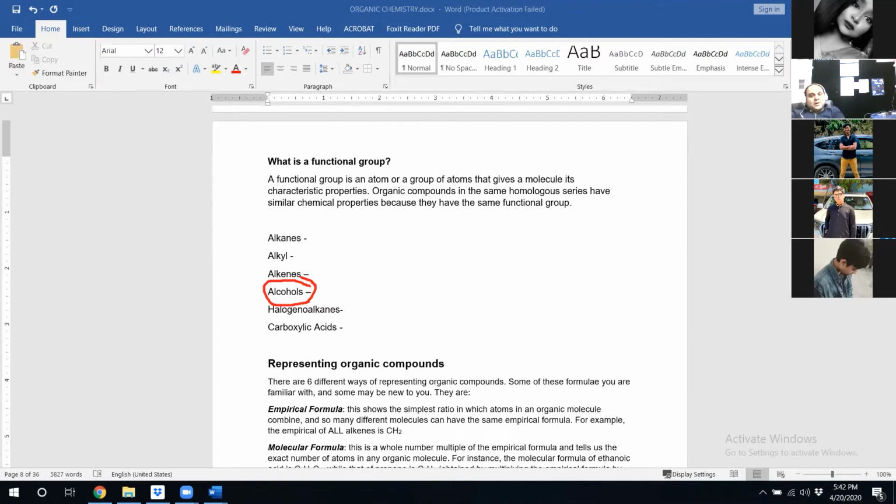This alcohol is basically ethyl alcohol. So ethyl falls under which group? Alkyl group. আর অ্যালকোহল ফর্মস আন্ডার অ্যালকোহল গ্রুপ।